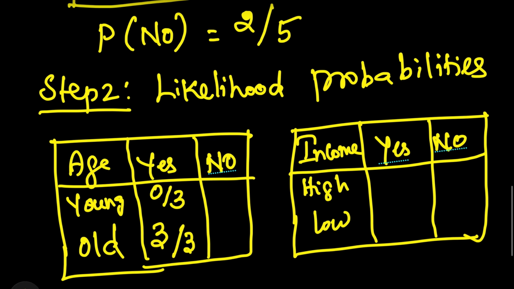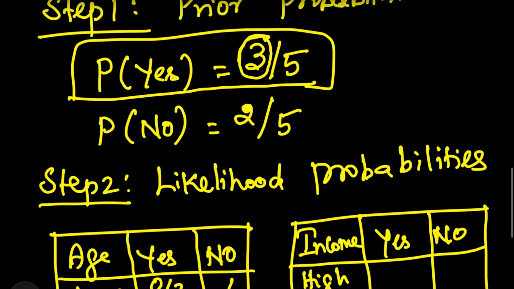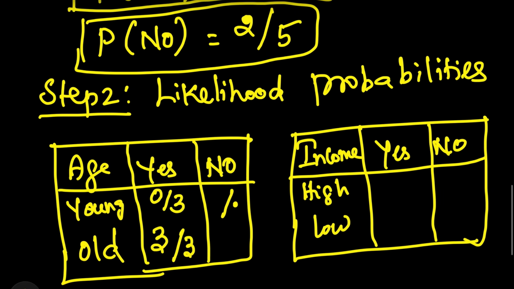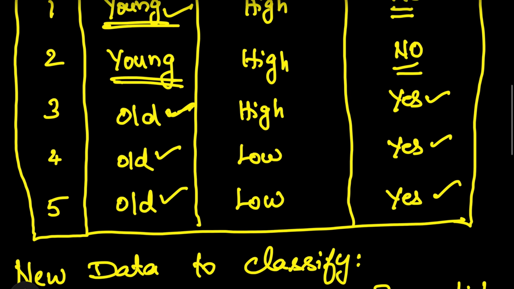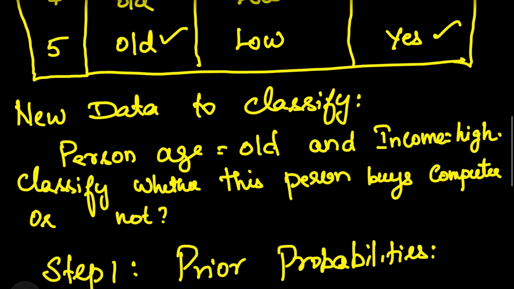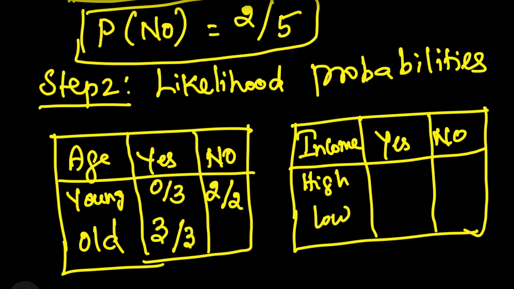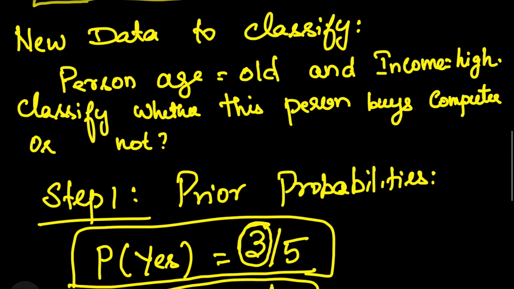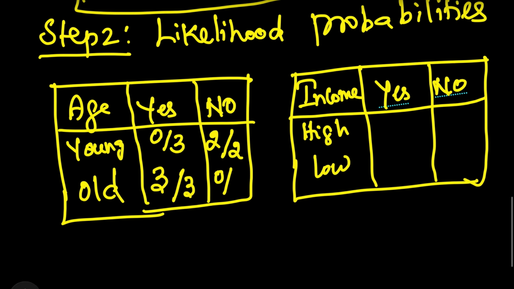For no labels, let us write first the total probability. What is the total probability of no here? The probability of no is 2, right? The total probability is 2. So let us take with 2. Out of 2, how many young are contributing to no? That we have to know. So we have 2 young here, both the youngs are contributing to no. So the value is 2 here. 2 by 2, right? And in old, how many no are there? This is also yes, and this also yes, and this also yes. No are not there, so it is 0. How many the total probabilities? 2,